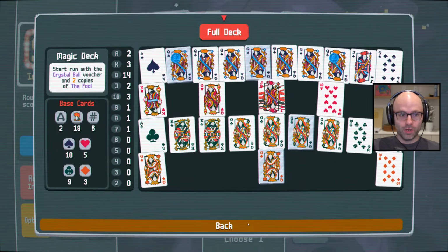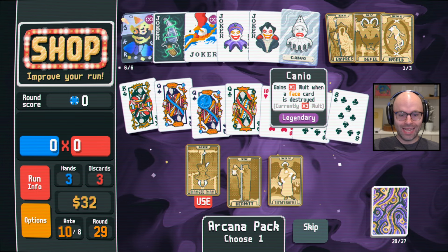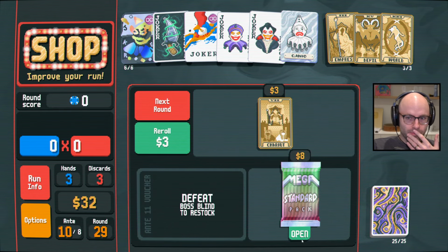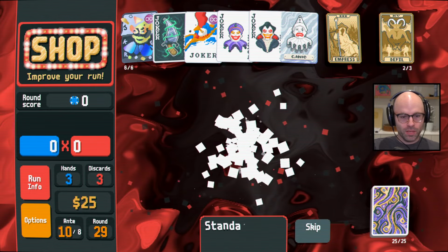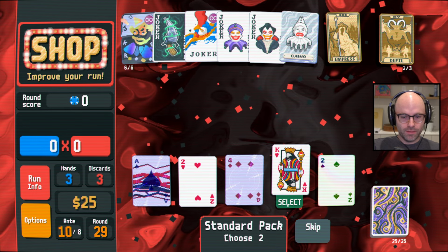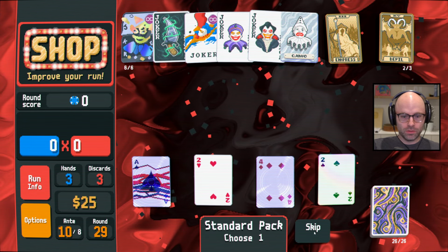I have enough queens, bro. I got 14 queens. We cut a king and a queen to raise our Canio. We're raising Canio. We sell the world card, which we should have used, and open the mega standard. We got Hallucination we have to consider. We add the king and nothing else. Because the king...